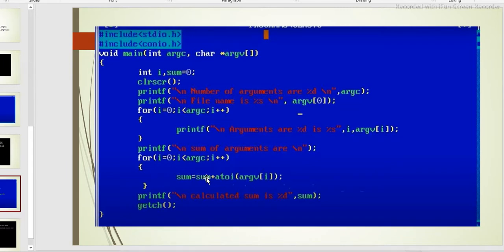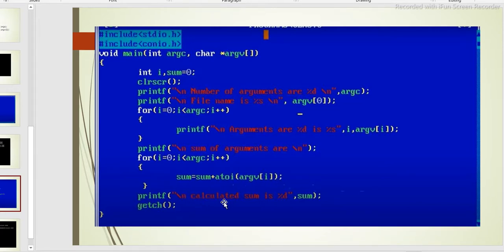We can calculate the sum of the numbers. i equal to 0, i is less than argc, i increment operator. This is important: sum equal to sum plus atoi of argv i. atoi means we can convert character to integer, so we use argv i.